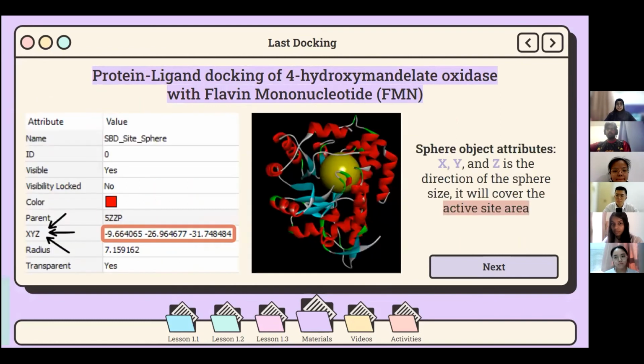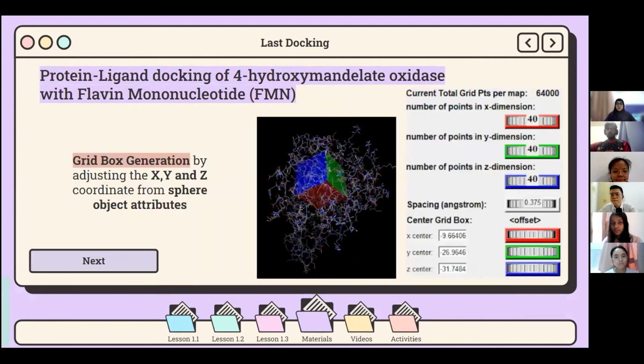Okay, from this slide, the yellow ball in the middle of the picture is the sphere. The table shown is the sphere object attributes. The most important part is the XYZ coordinates, which indicates the direction of the sphere size. Moving on, the grid box is generated by adjusting the XYZ coordinates to the value that we received and observed from the sphere object attributes table. The number of points of the XYZ dimensions can be adjusted as well,